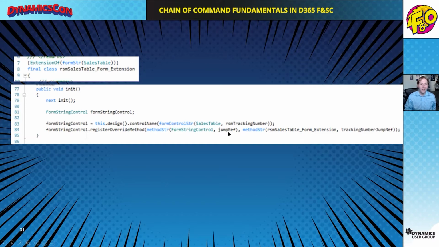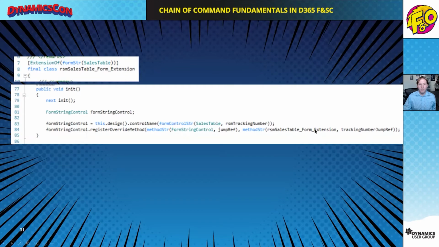A jump ref is a little bit beyond the scope of this course, but it's when you have blue text and you can click on it and it drills into another form. That can happen through some relations, but you can override that and say, no, I want it to open a different form than those relations or the properties on those tables and forms are set up to do. I want it to open my own form. You can do that by overriding the jump ref, and I can do that by adding code in this init